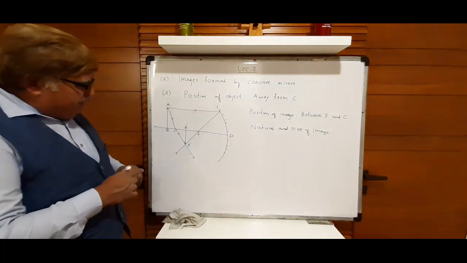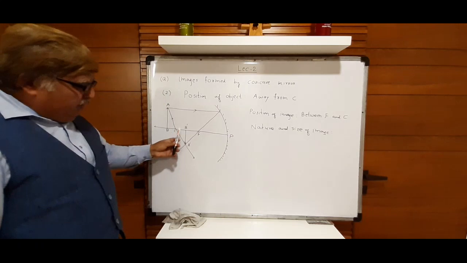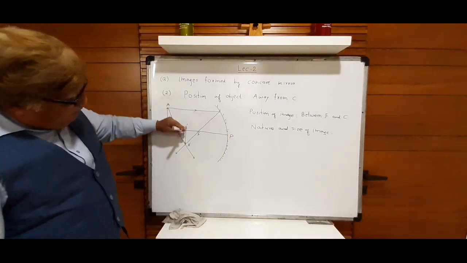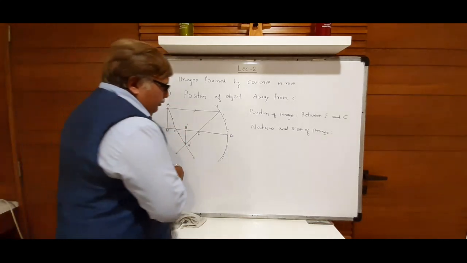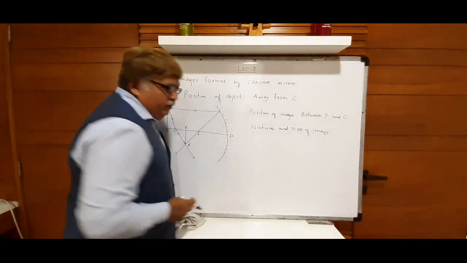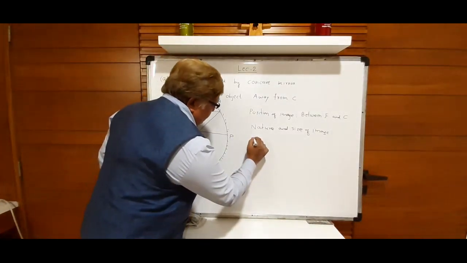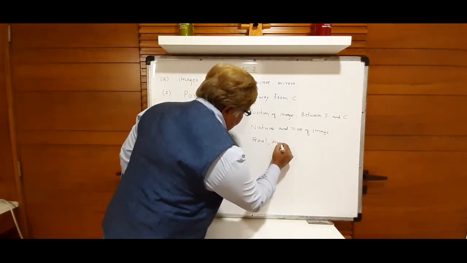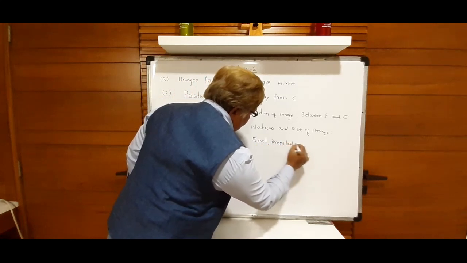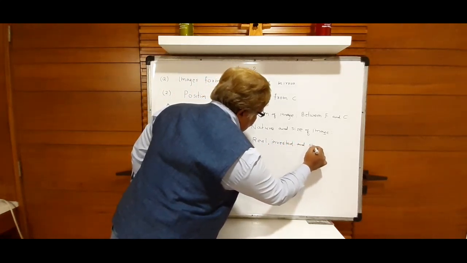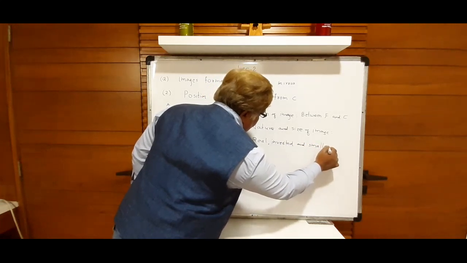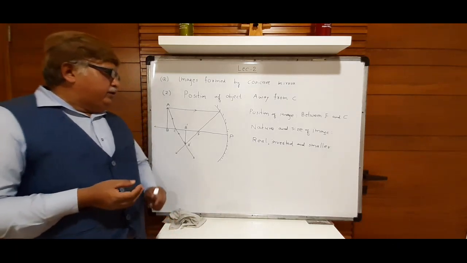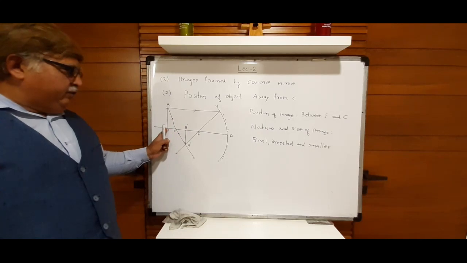What is the nature and size of the image? Here the object is larger and the image is smaller, and object was kept erect and the image was obtained inverted. So whenever you get inverted image, some words are fixed. That is, image is real, inverted and smaller. Image is real, inverted and smaller. Understood? So that is the second image formation by concave mirror, where the object was kept away from center of